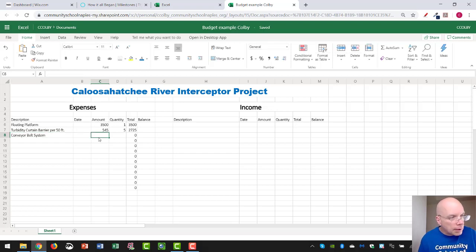The next expense will be a conveyor belt system, which I spent a lot of time trying to find a reasonable amount for, and I really don't know if this is reasonable, but let's just go with it. $4,960. I found one for that amount. A motor with solar panels,